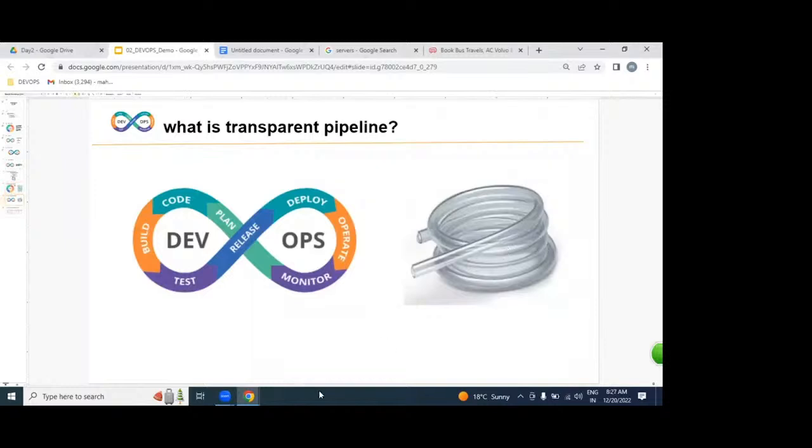Look at this. If you get any issue here, any problem or error in the middle of this pipeline, by one look itself, you can see where the problem is, right? And as soon as possible, you can fix this issue. The same way in the DevOps process also.